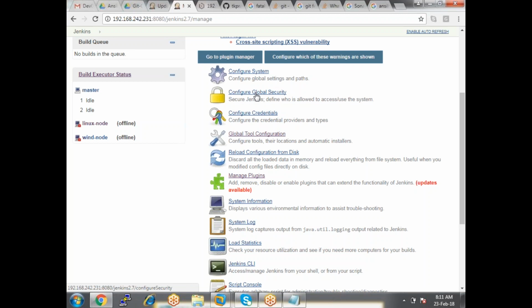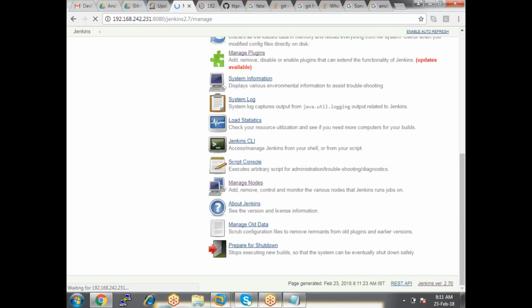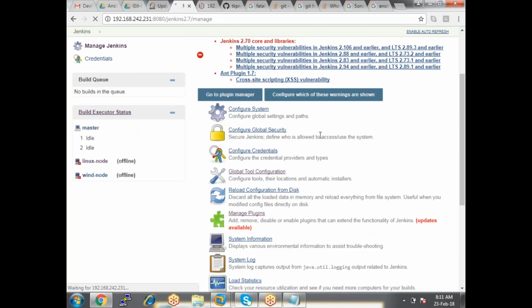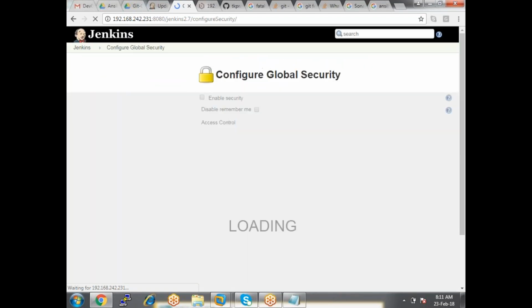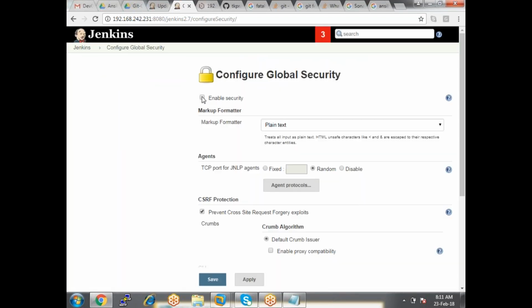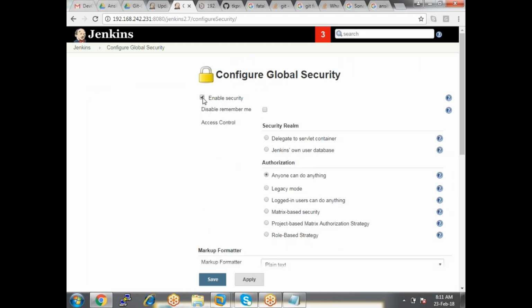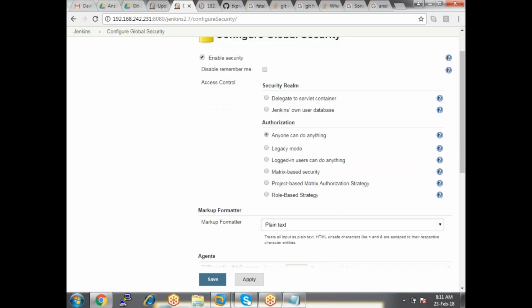So I'm just going to enable the security now. Here it is, by default disabled. Okay, let me enable this now. Once you enable this, see here you have some options.